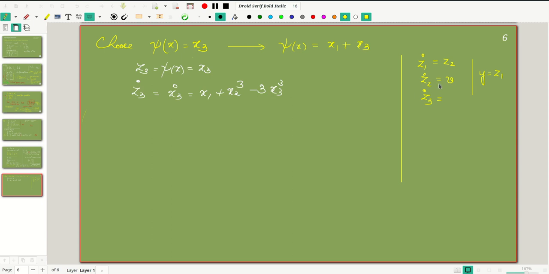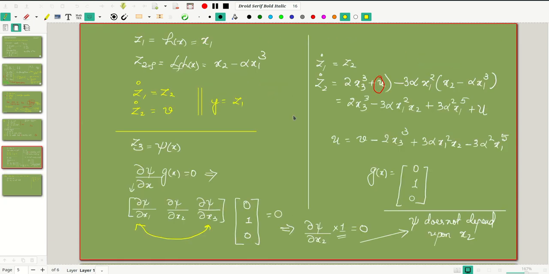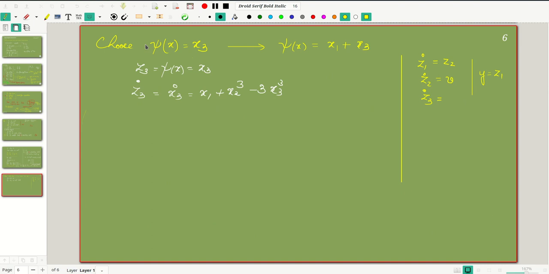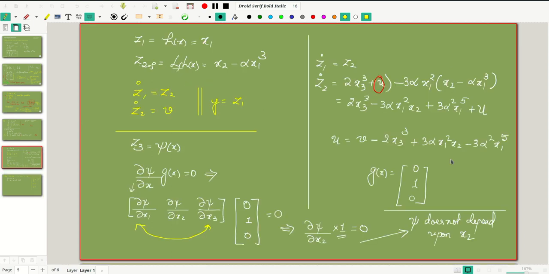So let us go back and look at the equation and see what these x1s, x2s and x3s are here. So we can see here x1 is equal to Z1. So I can write x1 as equal to Z1. x1 is nothing but Z1, and x3 is also Z3, right? x3 is Z3. So I have x3 equal to Z3. So what is x2? How will you get x2 here? So we have to find this out.